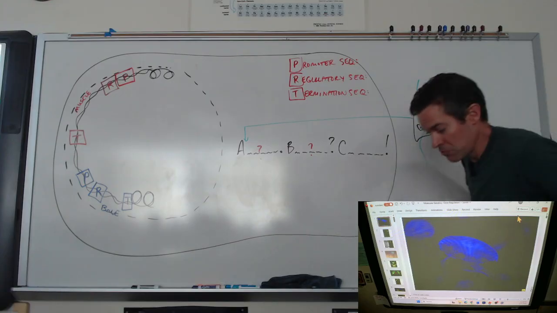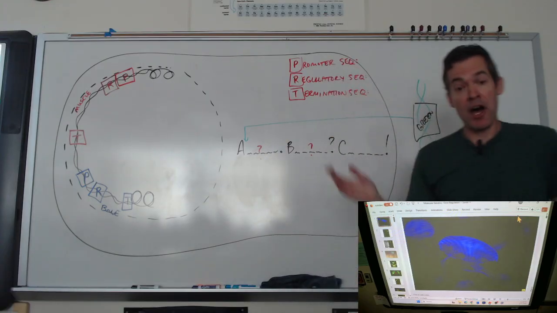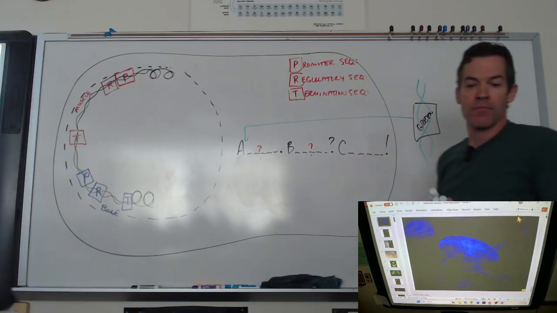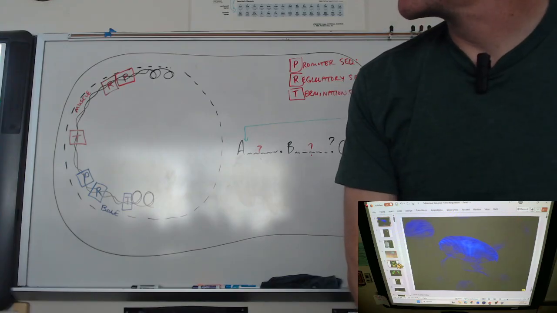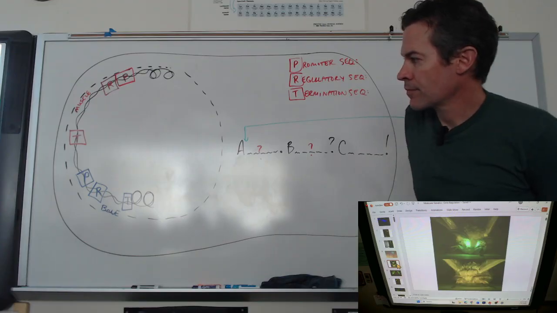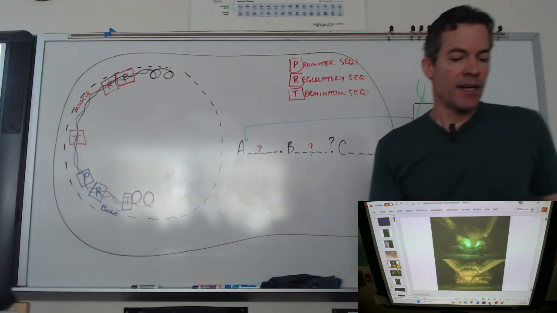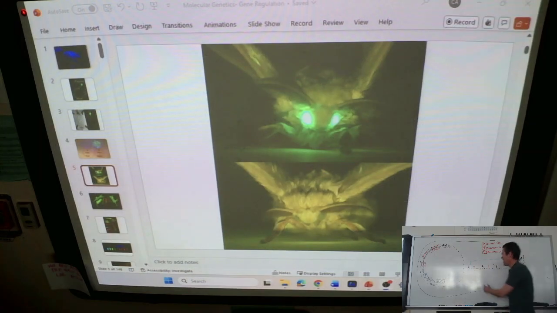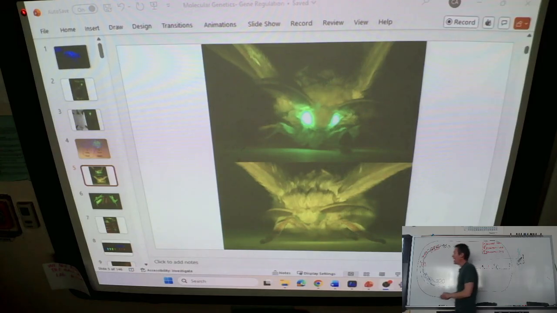So now I just birth this mouse, this moth, whatever it is that I'm doing this experiment on, a fruit fly, and I just see what glows. So maybe I got a moth, and it looks like this. I'm looking at this, and I'm like, okay, I've got this moth DNA. That looks like a promoter. That looks like a termination sequence. What to do? I don't know. All right, well, make it glow. We make this moth, and now anytime I shine UV light on him, his eyes glow super bright green.